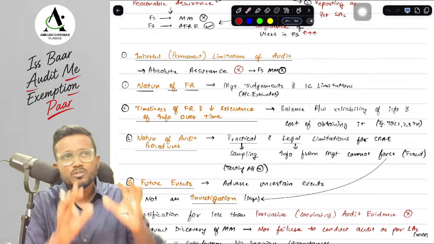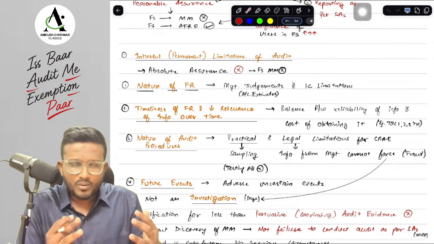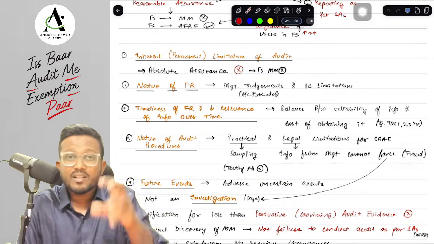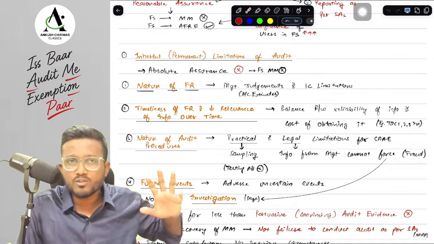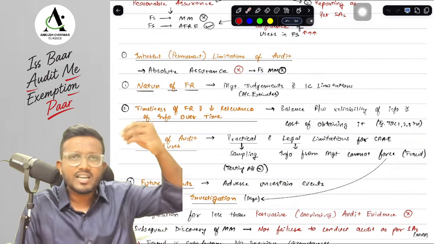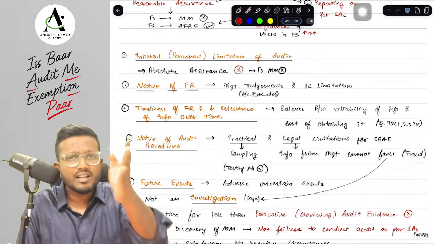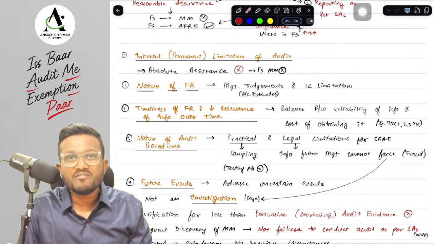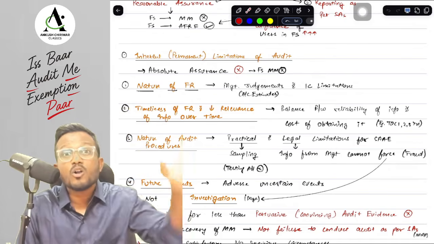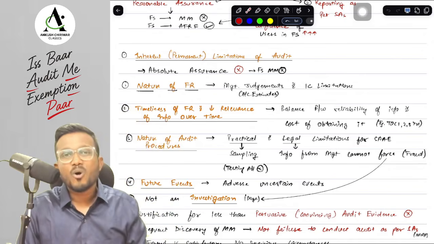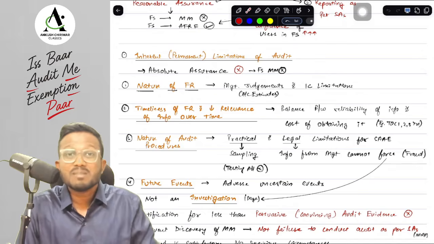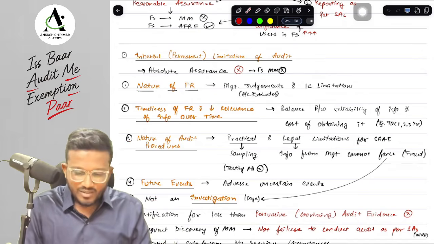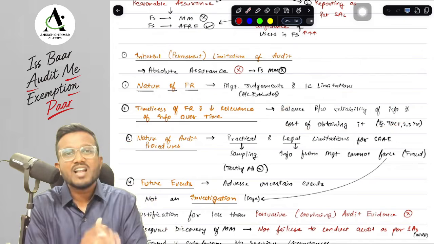For example, sir, suppose in the third year I am doing the audit after the first 2 years, and in the third year the client has decreased our audit fee, so we have decreased our resources, and now we say that we will not be doing TOC. Why? Because in the first 2 years the TOC generated very good results, so we think that the internal controls are operating effectively. But what if in the third year the controls have been weakened or changed, and we did not get to know about it because we didn't perform the TOC, because we didn't want to incur that cost? So we need to make a balance between the information and the cost.